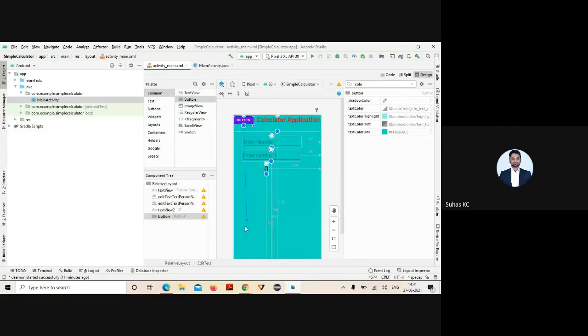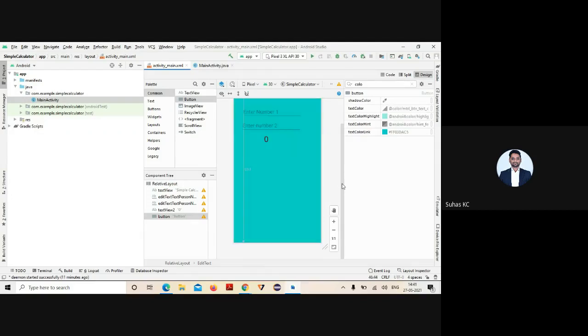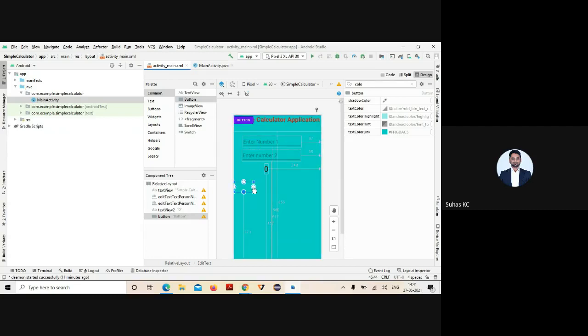Set your x-axis and y-axis. If you are done with your design part, then the coding part is required. See, this is for addition. You set the title. As soon as I set the x-axis and y-axis, I can drag and drop. In the same way, I need to create 4 buttons.